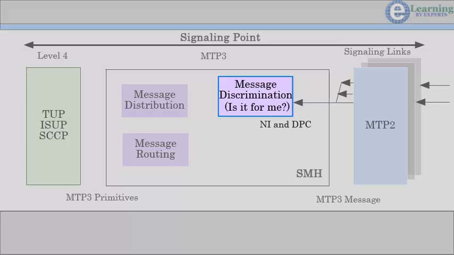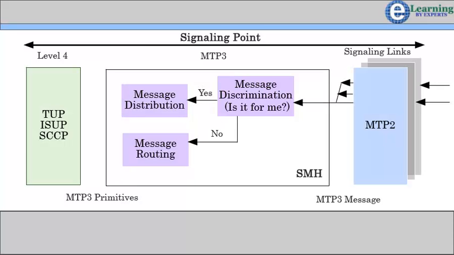The node asks the question by comparing the incoming DPC in the routing label to its own point code. If the point codes match, the message is sent to message distribution for processing. If the point codes do not match, the message is sent to the routing function, if the node is capable